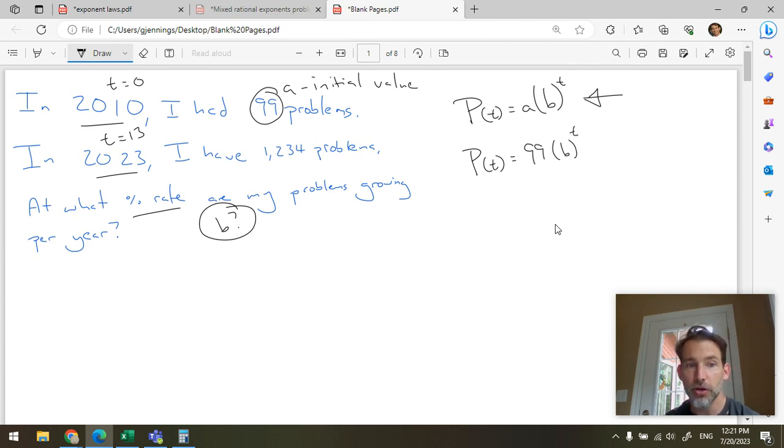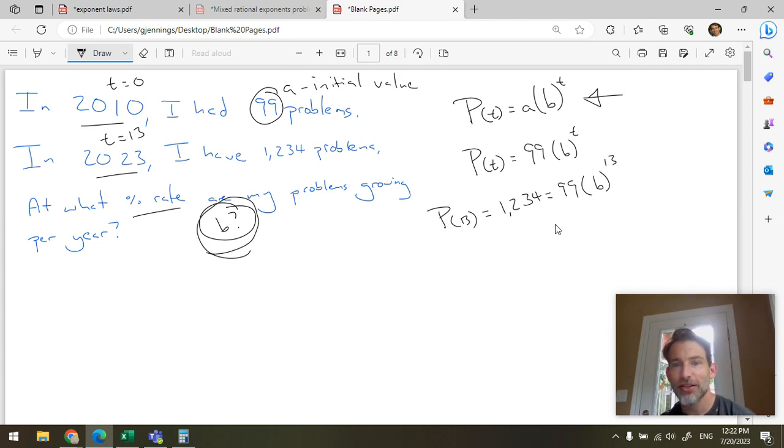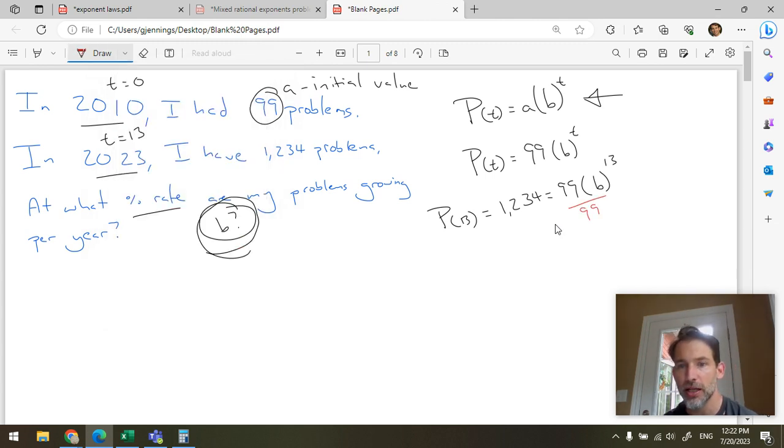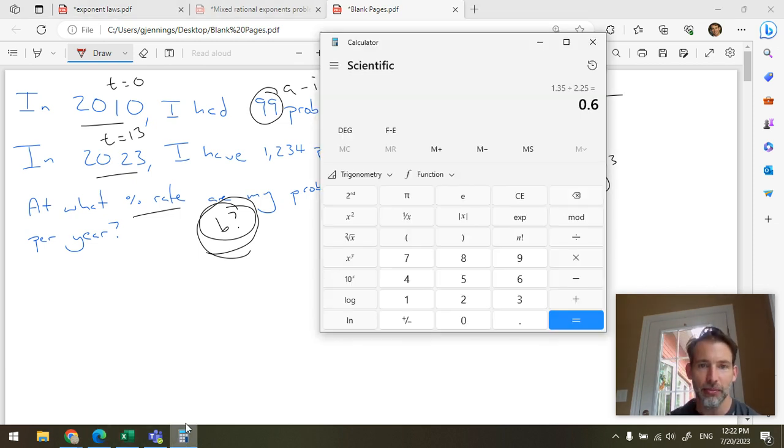Okay, and then I also know that the number of problems that I have after 13 years is equal to 1,234. Who comes up with these numbers anyway? Which is also equal to 99 multiplied by whatever B is raised to the power 13. So let's solve for B, shall we? Because that's our goal, is to solve for B. So how would we do it? Well, we get out our inverse operations pen and we divide both sides of this equation by 99. I don't happen to know how to divide 1,234 by 99 in my head, so I do